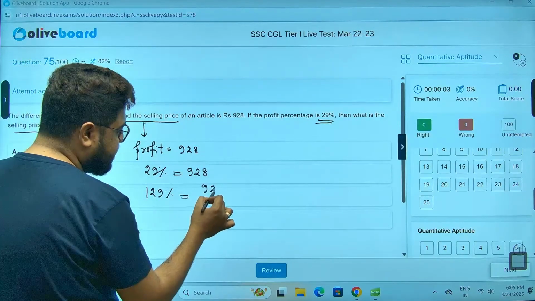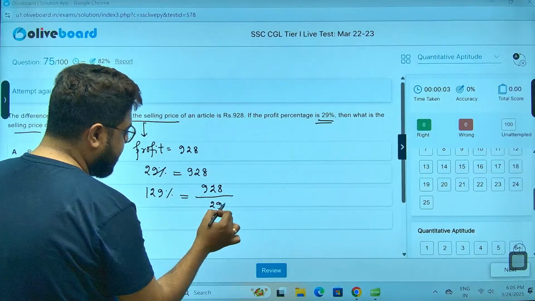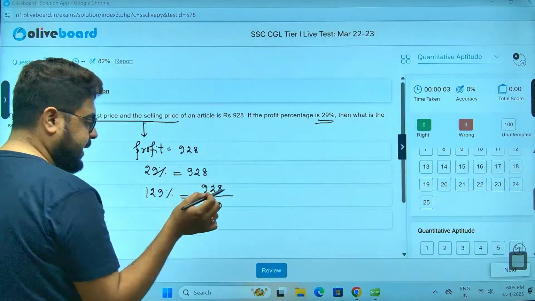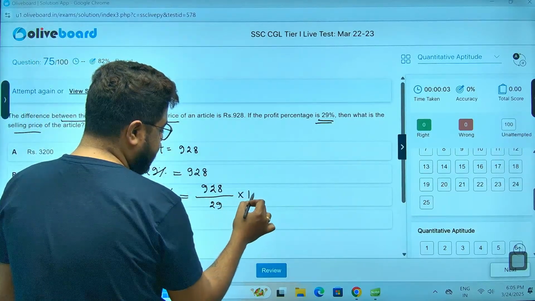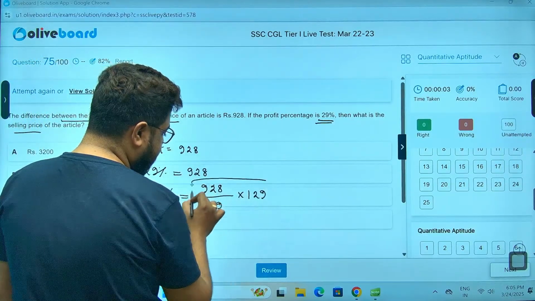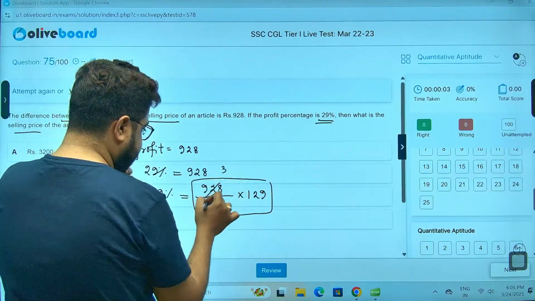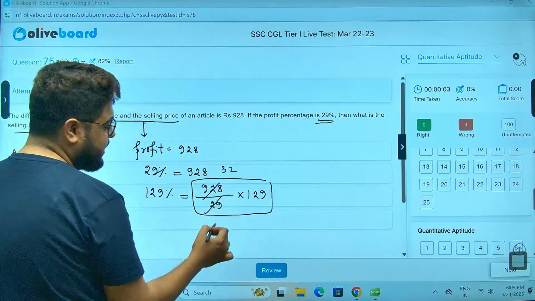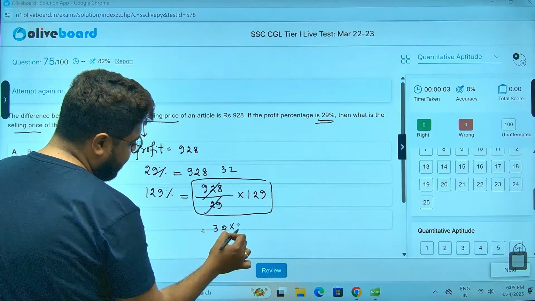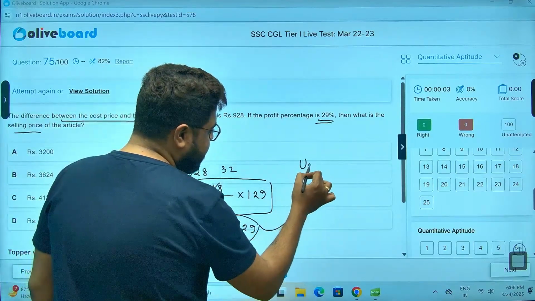Sir, this is very simple. 928 by 29 into 129. Unit digits are different, okay, sir. Let's try. If not, I'll show you another technique. The 29 threes are 87, 58, 32. Yeah, very simple, sir. 32 into 129. The unit digit, sir, in this case, will be